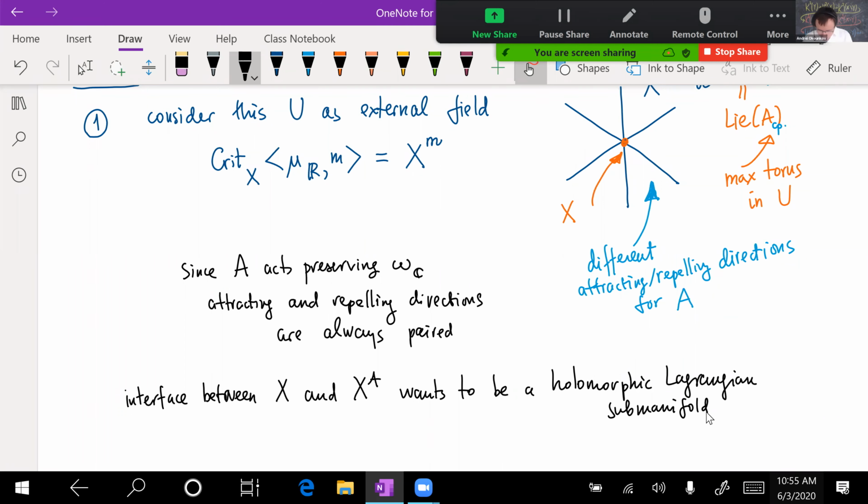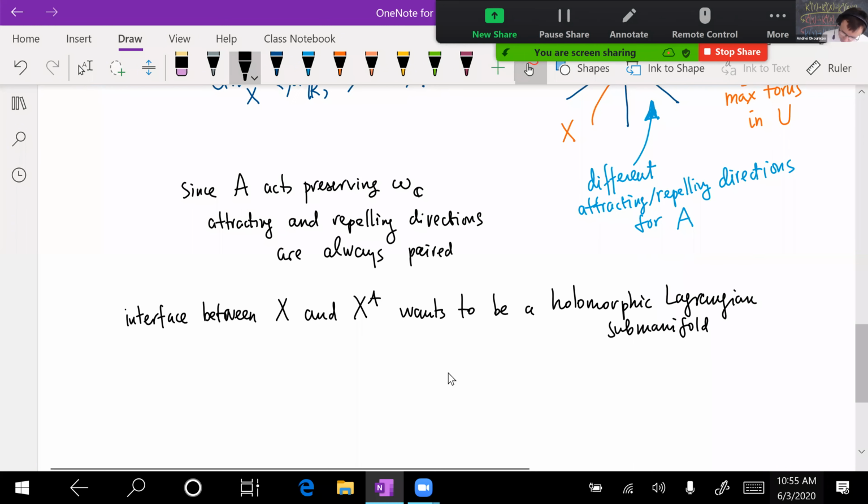So this is a little bit of wishful thinking, because if you think all your moduli spaces are smooth and everything is smooth, then, well, if my moduli space is some hyperkähler manifold, a natural correspondence between them is a holomorphic Lagrangian variety. So okay, maybe this is a little too much to ask, and we'll see why it's too much in a second. But it also wants to be, and it looks like, the attracting manifold